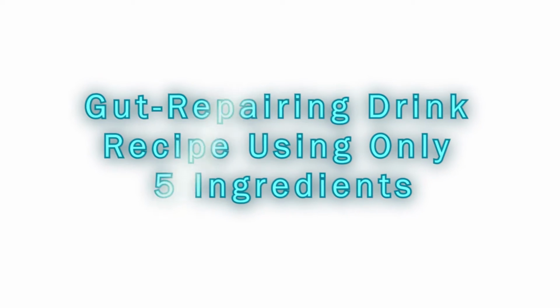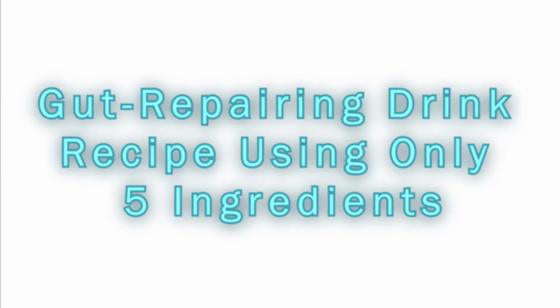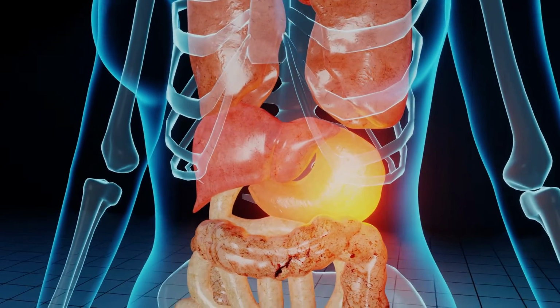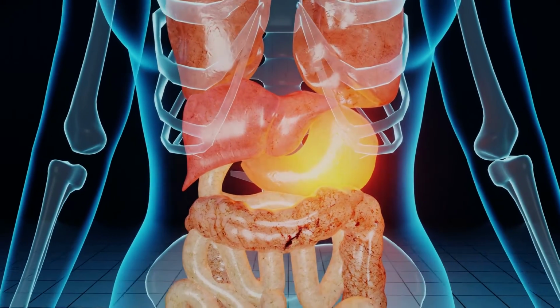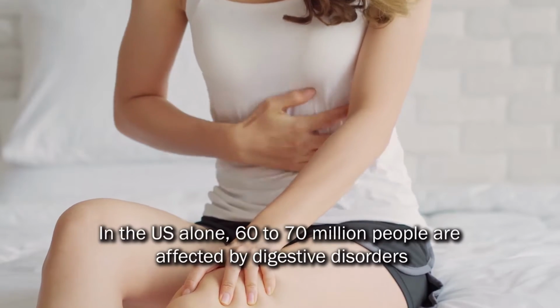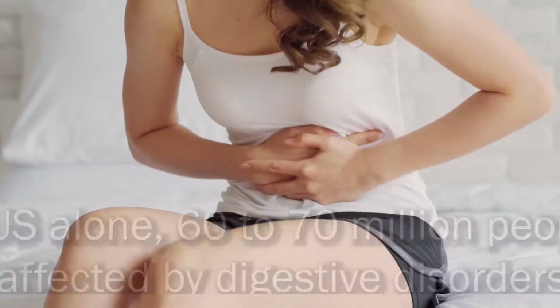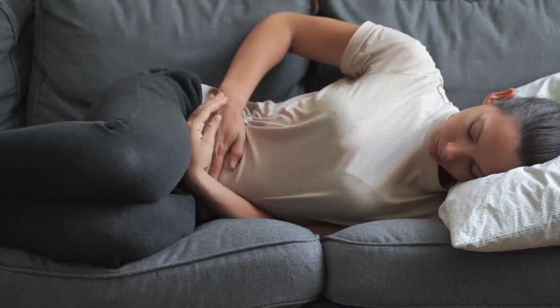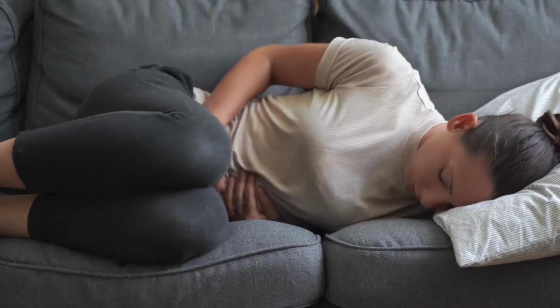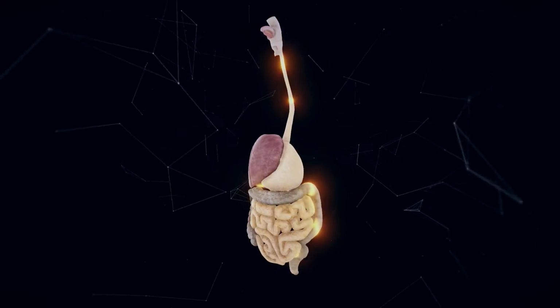A gut-repairing drink recipe using only 5 ingredients. One of the most common health conditions affecting people around the world is gastrointestinal or digestive problems. In the US alone, 60 to 70 million people are affected by digestive disorders. Some of the most common types are constipation, irritable bowel syndrome, inflammatory bowel disease, and gastroesophageal reflux disease, or more